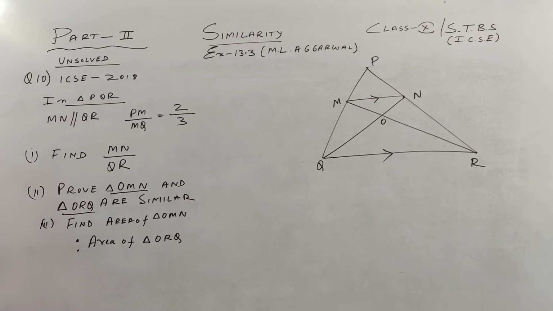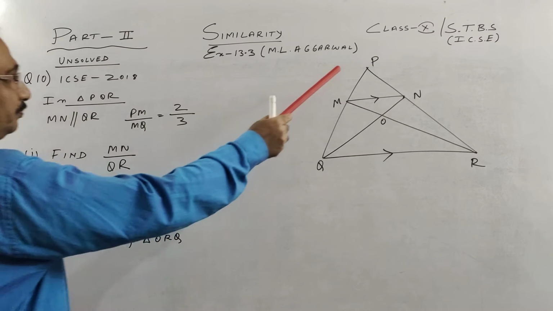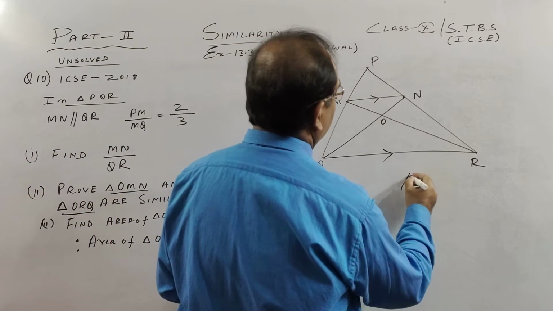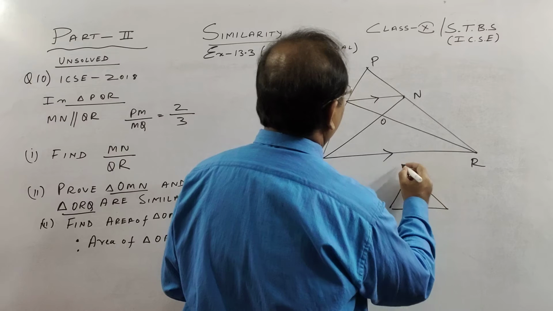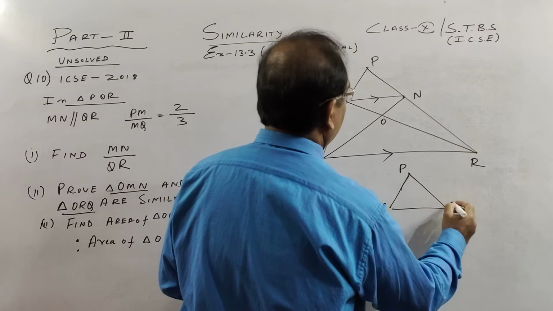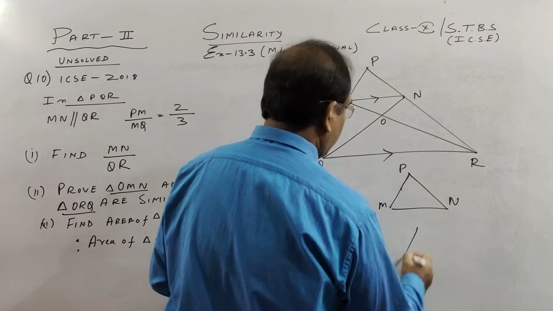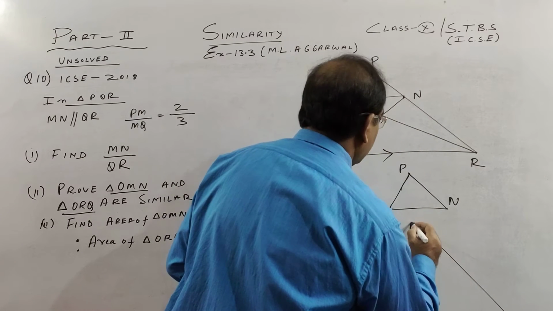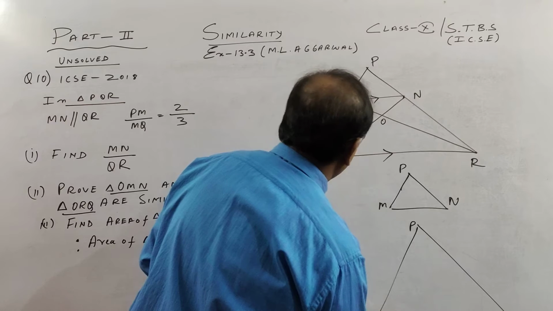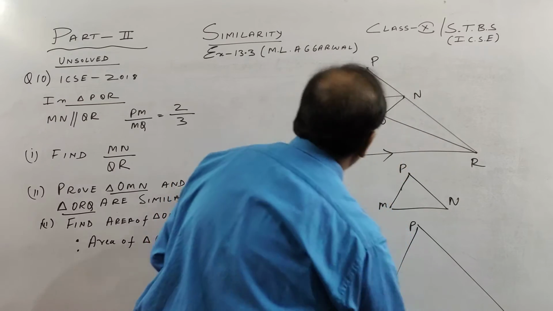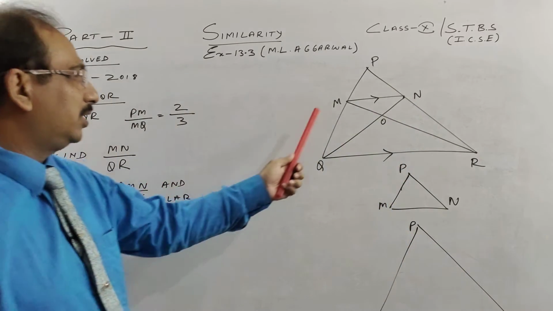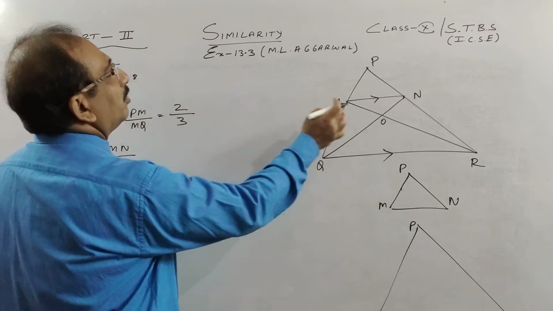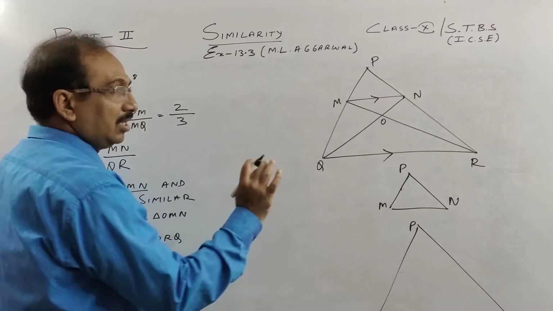See over here, we have 2 triangles. Okay, PMN, if you want to draw separately, this PMN is similar to this full triangle. You can draw separately. This is PQR. So what we are going to do here, we have to find the ratio of MN is to QR. So first we will prove that these two triangles are similar.